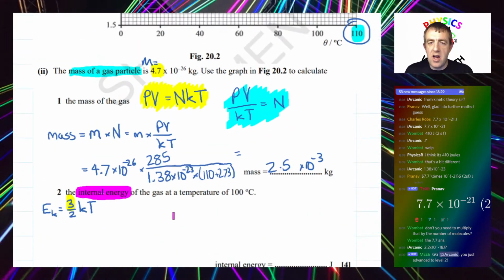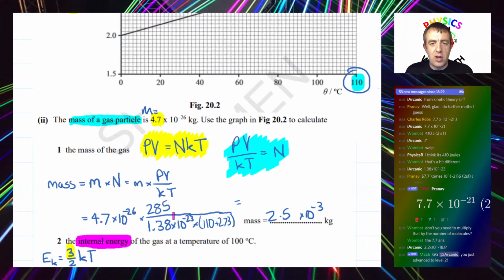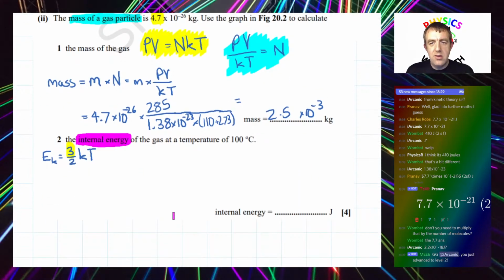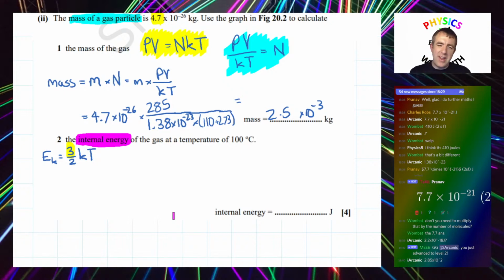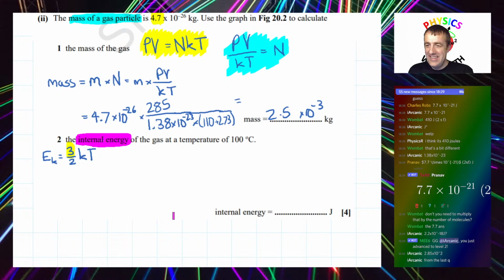Possibly. I can't remember what the number of molecules was. Well, I don't even think I bothered calculating, did I? Whoops. So possibly, whatever that number of molecules is, don't make me work it out. Yeah, but I didn't bother working it out. I calculated the mass. I didn't do the intermediate calculation. I should have read ahead. What a fool.